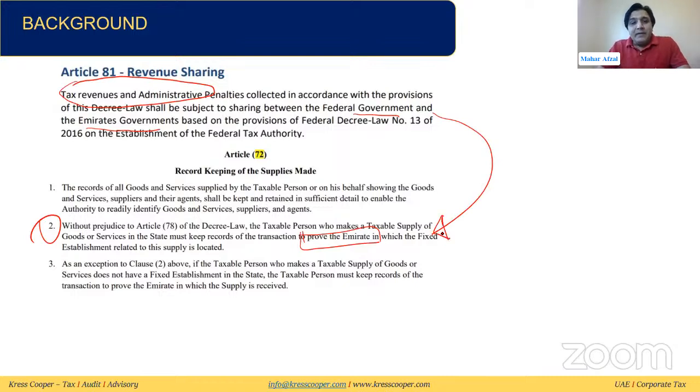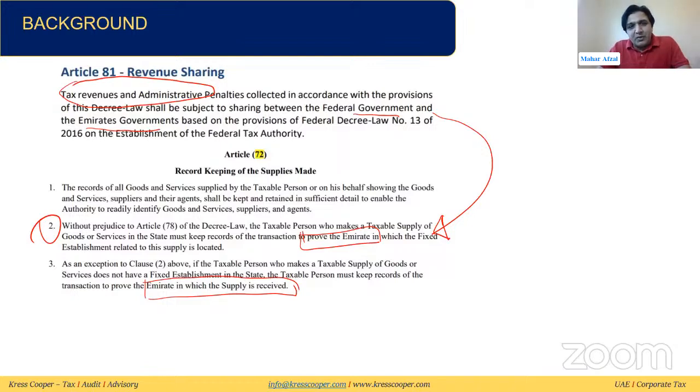Then they said, where there is no fixed establishment in the UAE, the taxable person must maintain a record for the transaction to prove the Emirate in which the supply is received. So it was written in the repealed